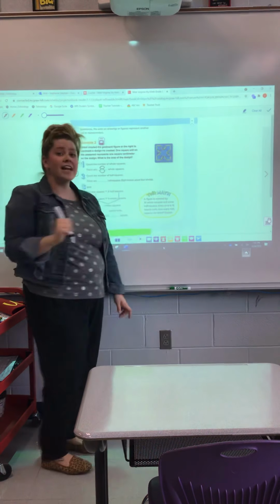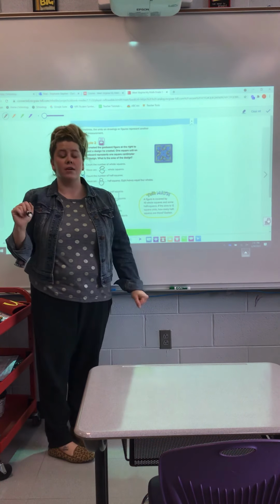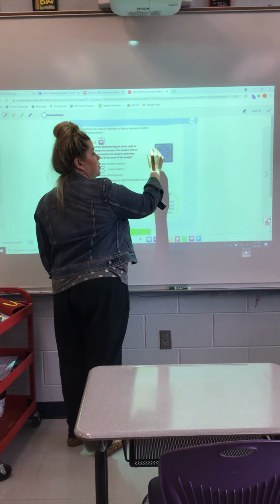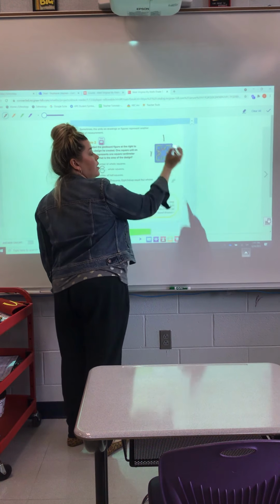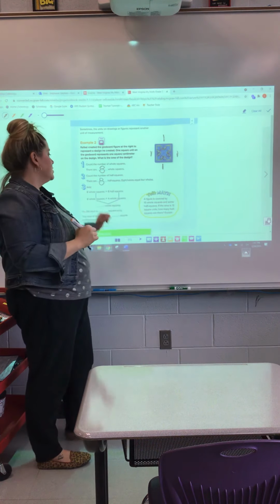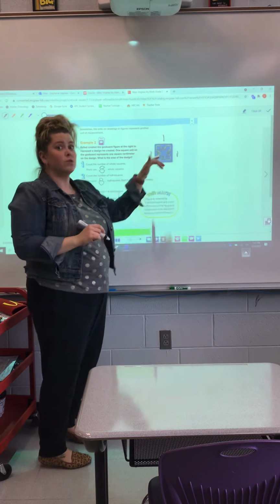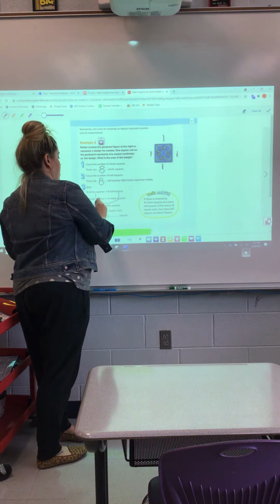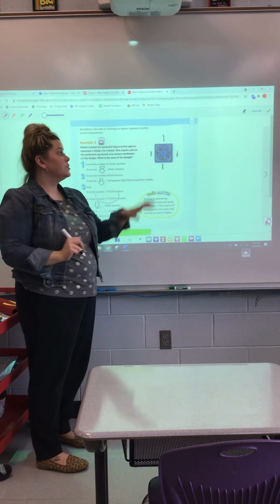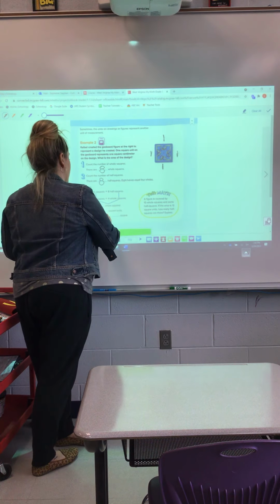7, 8 half squares. So remember, each time I have two halves, it equals one whole. So these two would make a whole. These two are a whole. These two make a whole, and these two make a whole. So I have 8 whole squares, and then 8 half squares, but that equals 4 wholes. So 8 plus 4 equals 12. So the area of that kind of crazy looking shape is 12